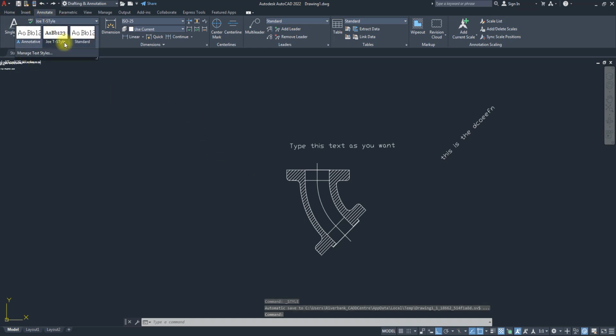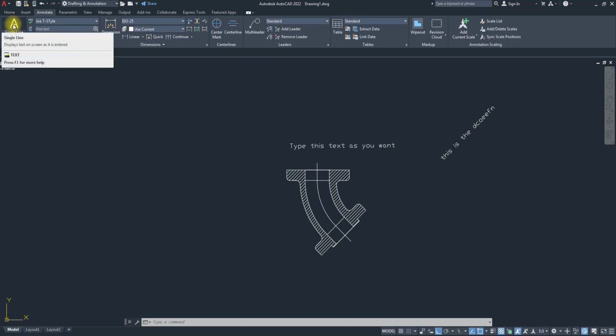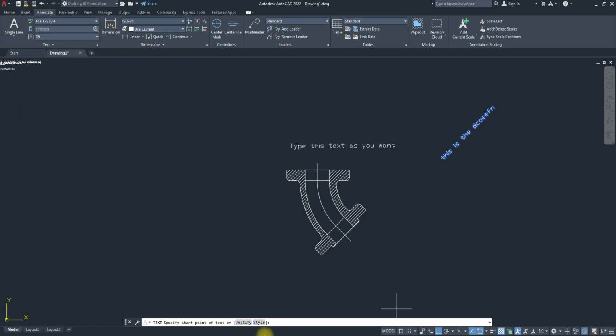You can see it here. So now that I have Joe text star, if I go and create my single line text now, it's going to take those fonts. Notice once I click on single line text, it tells me to specify start point here. It will not tell me to specify height anymore because I've already inputted a value for my height. If I left that height at 0, it would ask me to put in a height value. It's just asking for orientation. So if I say 0, then